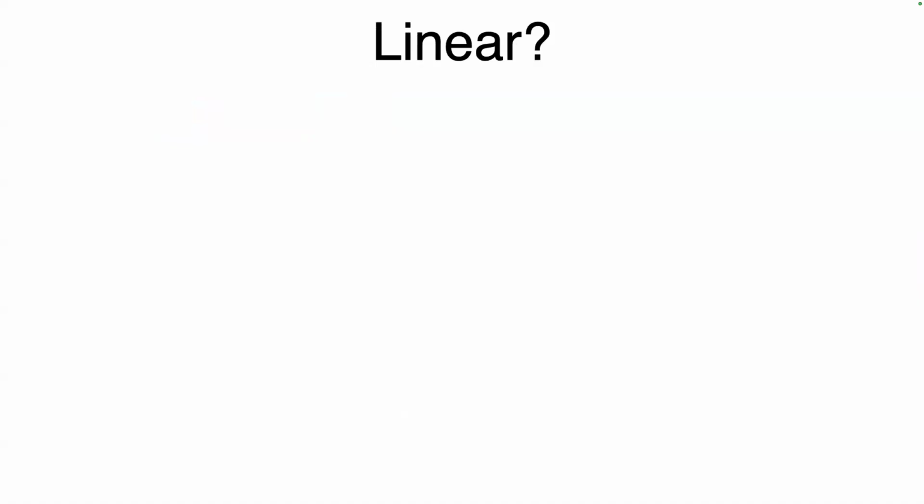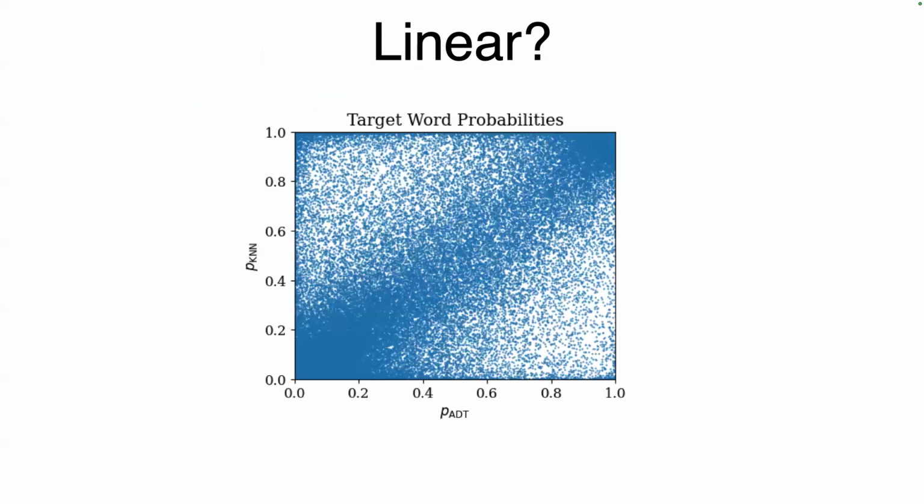And the next thing to ask is, should we use the linear combination? So what you can do is look here at the probability of the next word as a function of the prediction of two estimators, like the ADT and KNN. And as you can see, this is not a linear combination. If you take a straight line here, there will not be a fixed value. If it were a linear combination, there should be a line here that would have the same value. Like, for example, if I just added them up, then this diagonal line should have the same value. But there's no such line. So that suggests, and this is a somewhat modified picture of the actual one, that you should look at nonlinear ensembles.